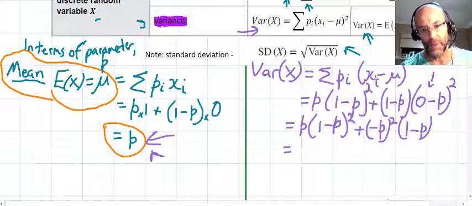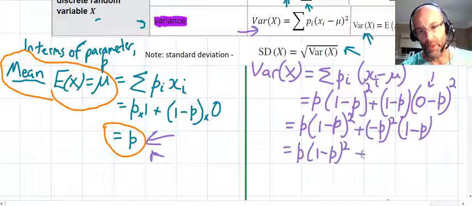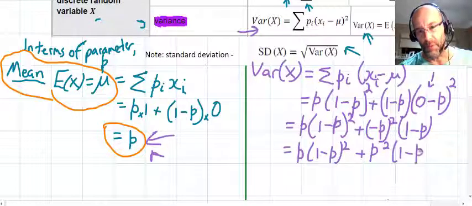So we've basically got 1 minus p all squared, and this here is just p squared, and 1 minus p here,